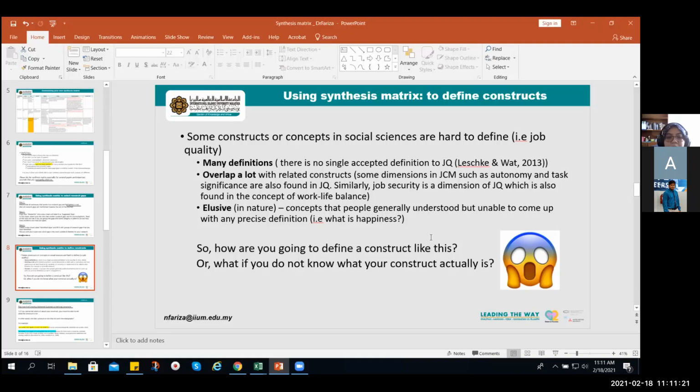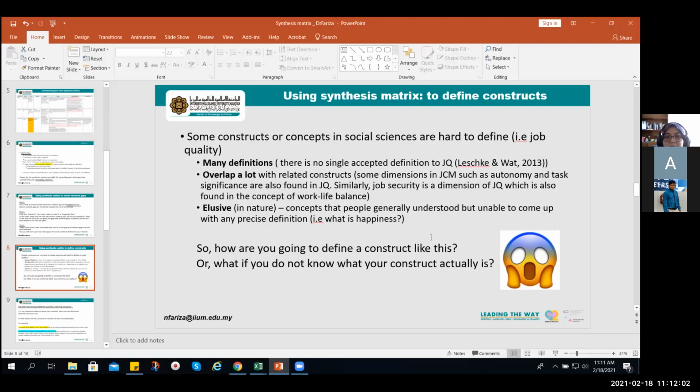Let's say, for example, if anybody asks, what is happiness? How to define what is happiness? People understand generally what it means to be happy, but for you to actually define what happiness is, is not easy. For instance, let's say you say that people who are smiling are happy. That is only a facial expression normally associated with the feeling of happiness. But there are also people who might be smiling, but inside they're not happy at all. And there are also people who are not smiling, but actually they are fine, they are happy,